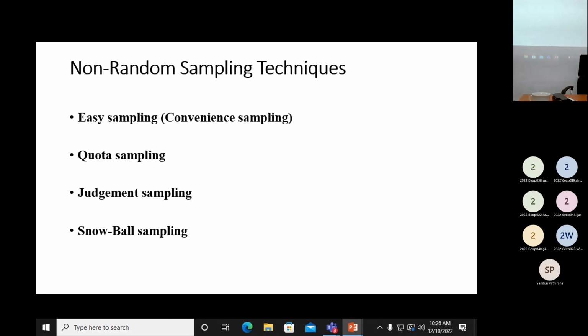But here we expand our relationship from one to one. Very difficult items: if you want to study Sri Lankan history, it is very difficult to distribute a questionnaire and collect data. So anyhow, you want to identify a particular person who is aware of that history. Then from that person, you can pass to one or many, like that. Isn't it? That is snowball sampling.